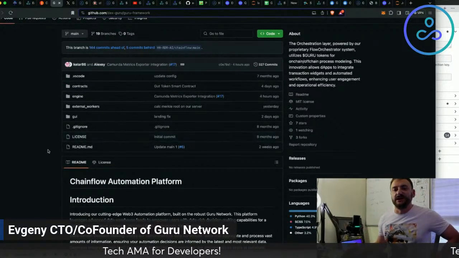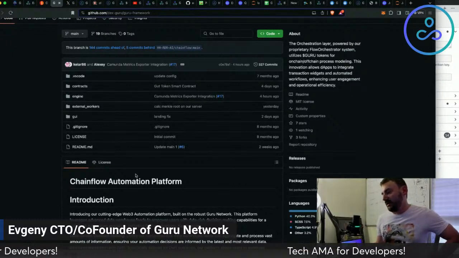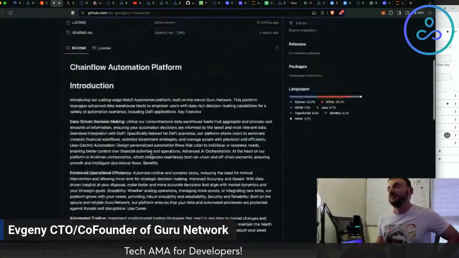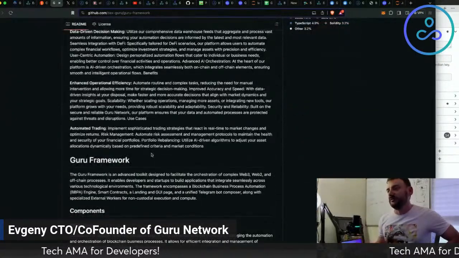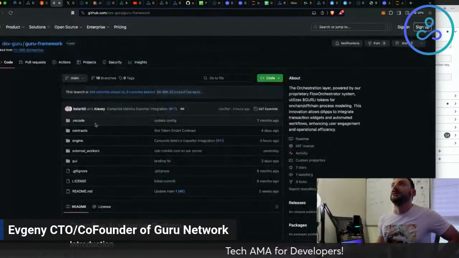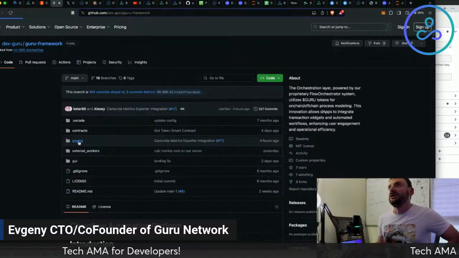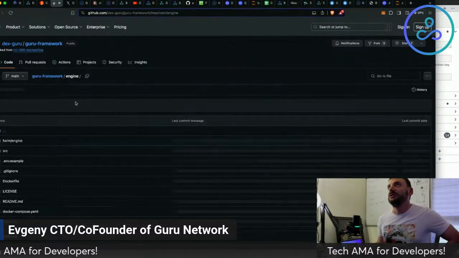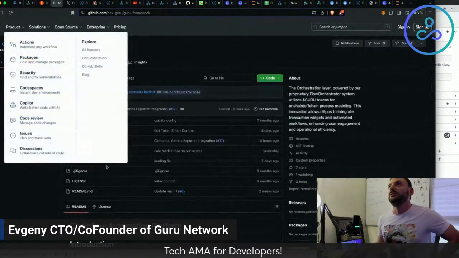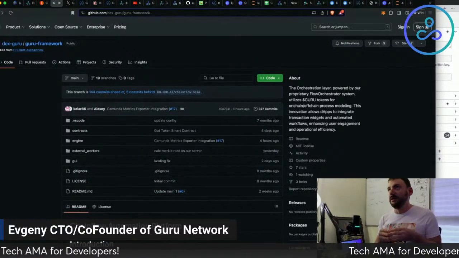That's the same framework we use for our own products, and pretty much all DEX Guru products right now are spun up with partial involvement of this framework or fully developed on it, like DEX Guru v2. And we have the engine here, which is the orchestration engine, the orchestration node on Guru Network. That's where you put all your BPMNs.